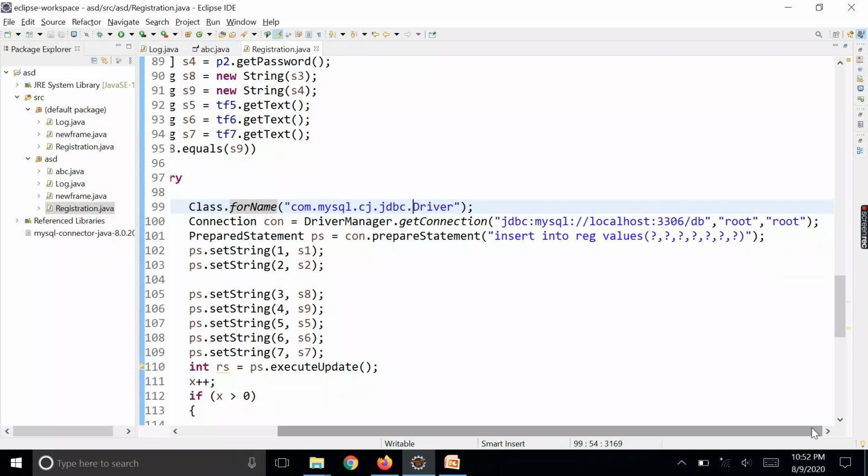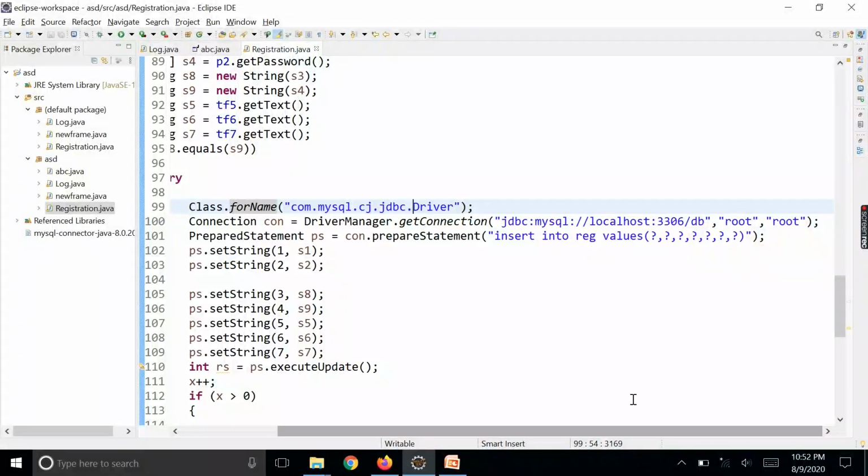So first, question mark: understand that whatever value is passed into the text boxes is stored in string form, and then that value is passed in sequence with respect to the question marks.